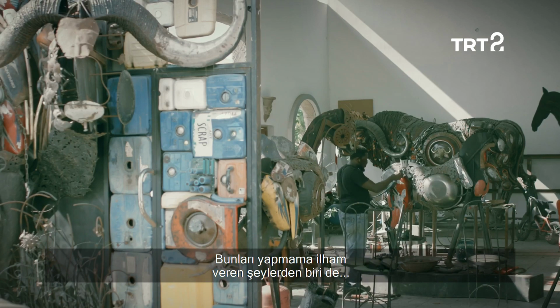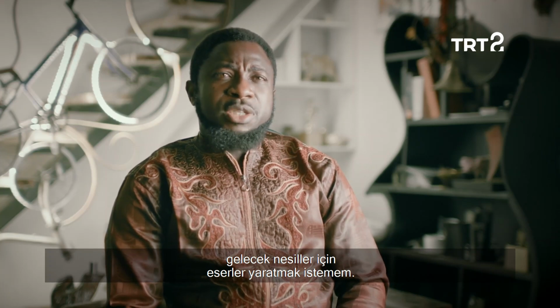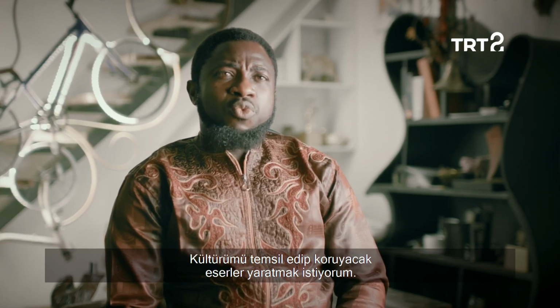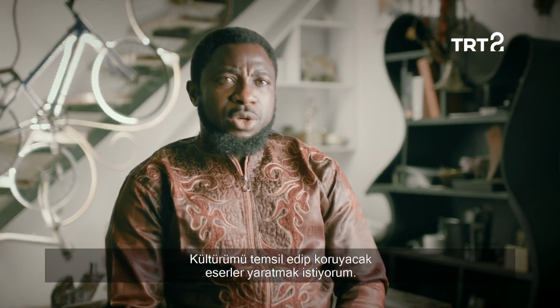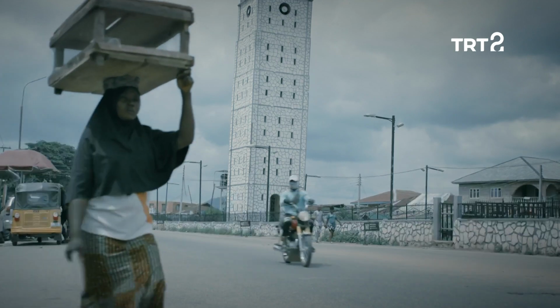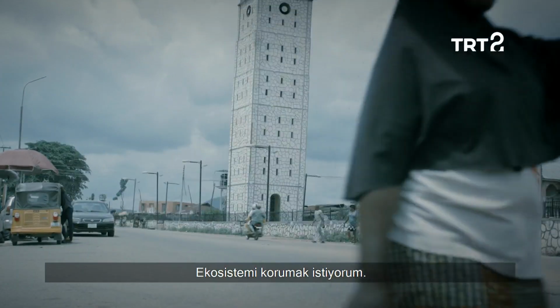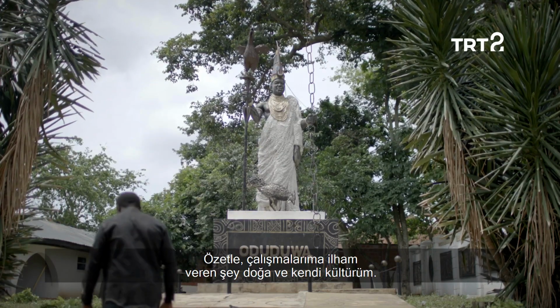One of the things that inspired the body of work that I create is the fact that I want to create works for posterity. I want to create works that will document and protect my culture. I want to save the environment. I want to save the ecosystem. So, in one word, I would say the nation and nature